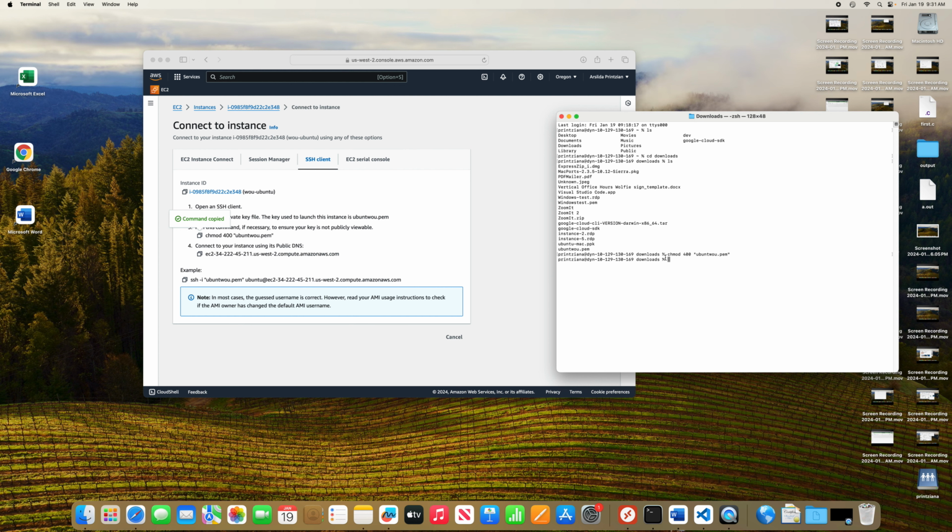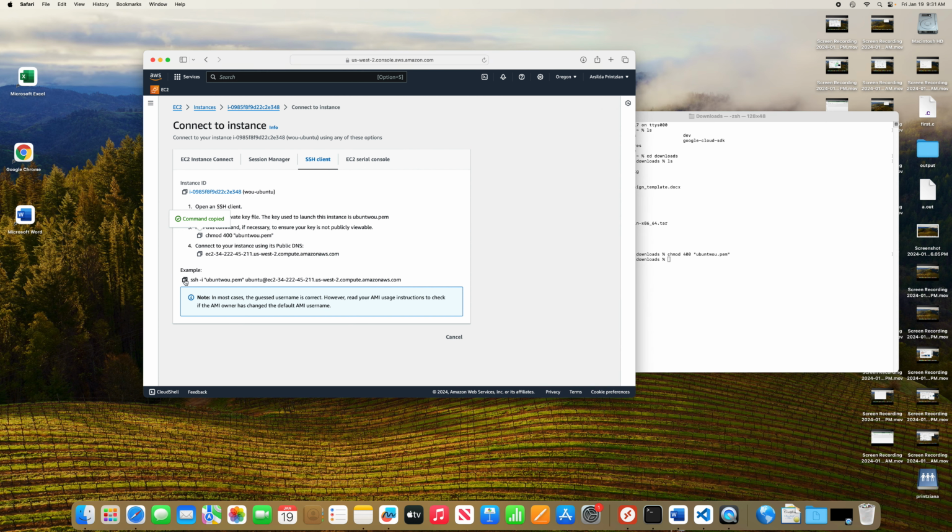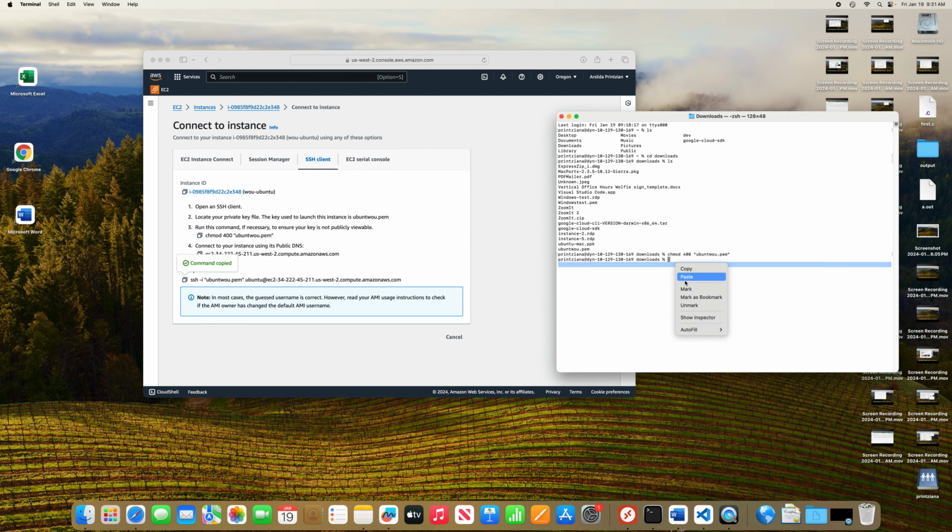As you can see, it runs normally. I don't run into problems, and then I connect through the public DNS. The example is here: ssh, the command, the name of the file, the username, and the public DNS. I go and paste it here,